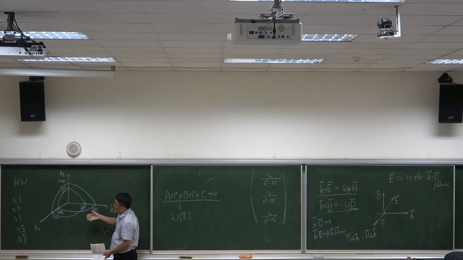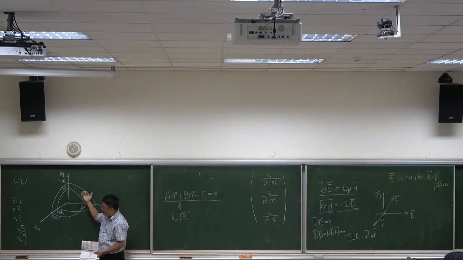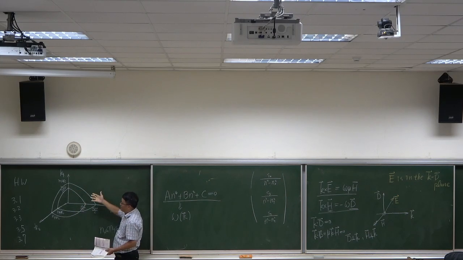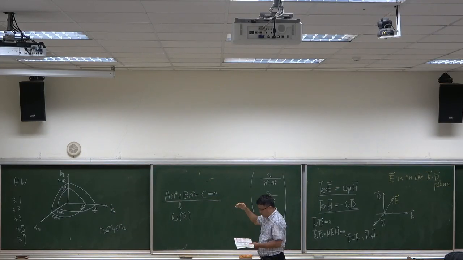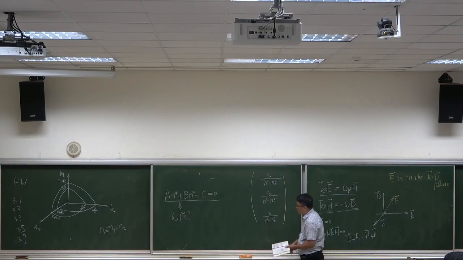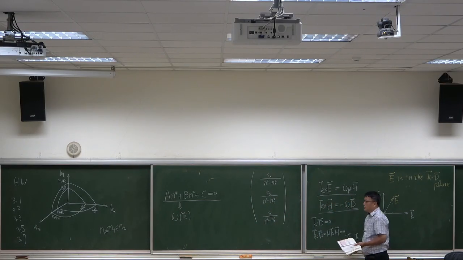However, the intersection of the surface with the three coordinate planes, for every one, you get one ellipse and one circle. 我们在下一次会再仔细把这些内容讲清楚。好，那我们今天就先到这里。